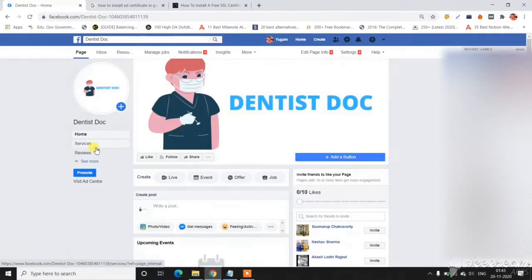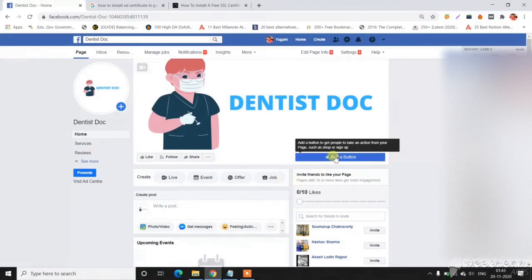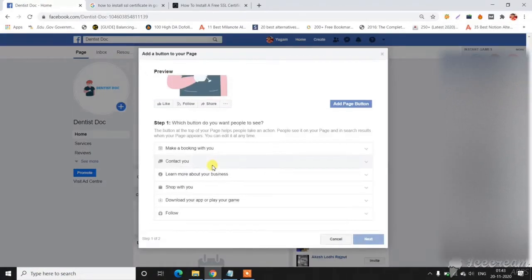Now what you have to do next is click on this add a button and select one of the options.